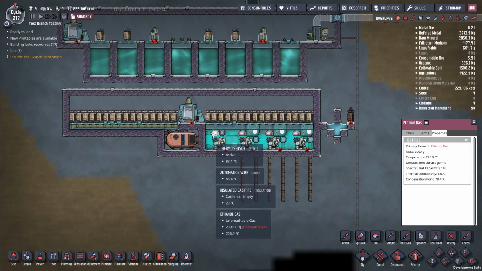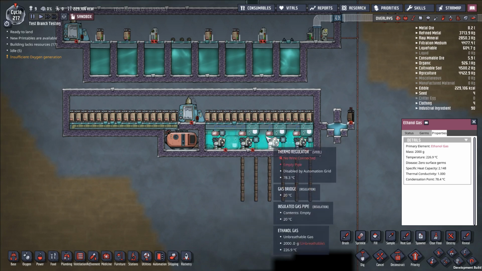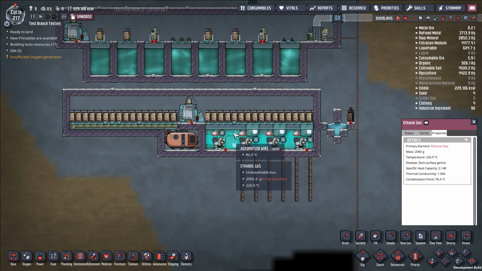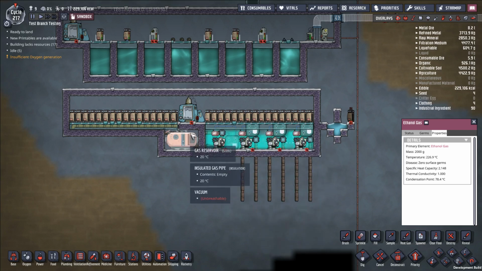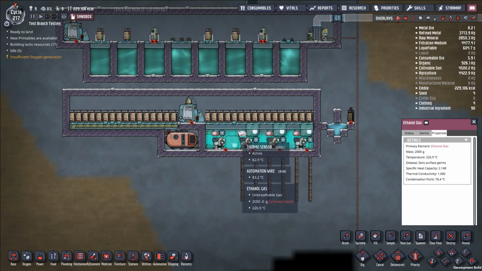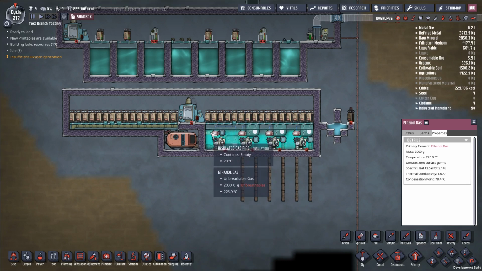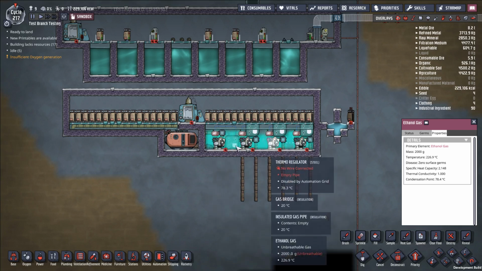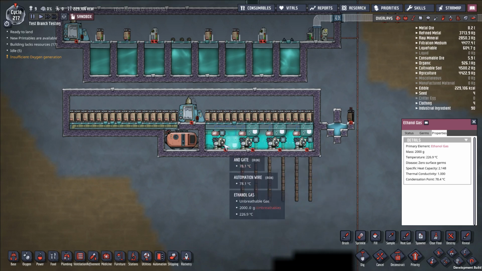So we want a really highly conductive material in this room. The most highly conductive gas that we can come up with at this point that's sort of reasonable is ethanol. This ethanol still works fine if the system goes cold because I've only got like 2 kilograms of it in the air, right? So if it condenses, it'll just be a liquid that's still cooling